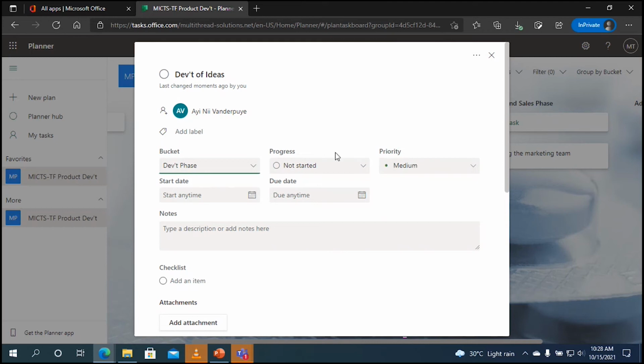We also have the progress of this particular task. Okay, so now it's set to not started. Once you click on the drop down, we have the other two options, in progress and completed. So depending on the state of the task, you can set it from here. And then as I'm the one creating this plan, I can also determine the level of priority that I want to give to this task. So I could say that this task is very important, so that whoever is assigned to it will know that he has to